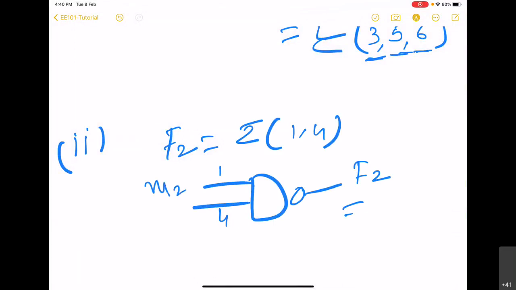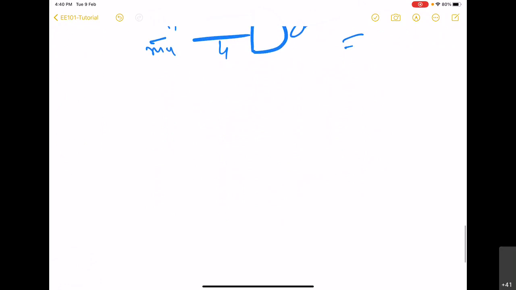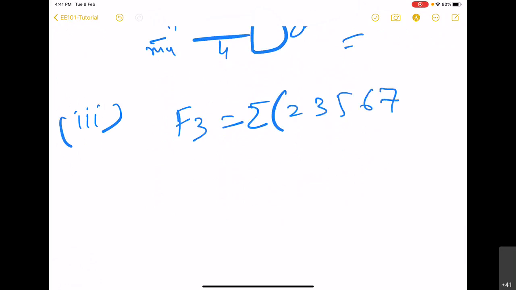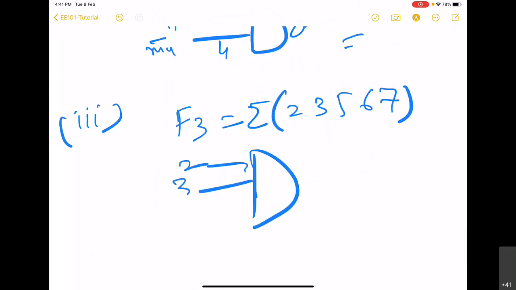Because they are going to be M1 bar, M4 bar. One will very quickly claim that the solution of F3, which is summation 2, 3, 5, 6, 7, will be similarly like this: 2, 3, 5, 6, 7.